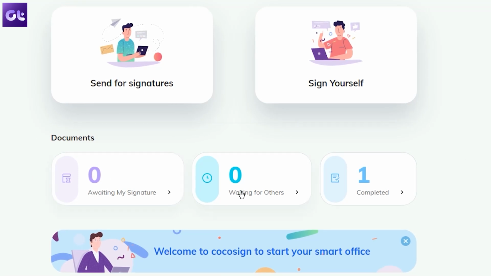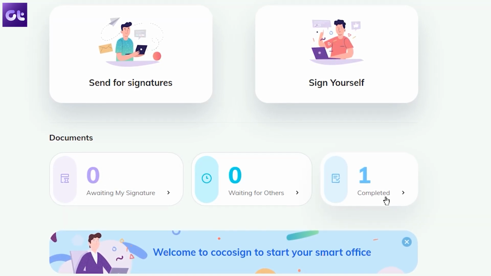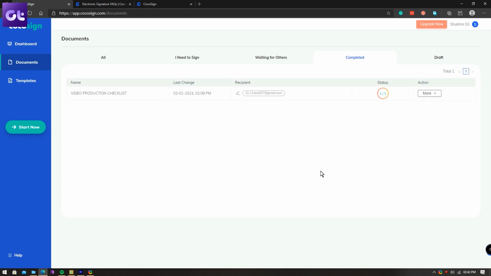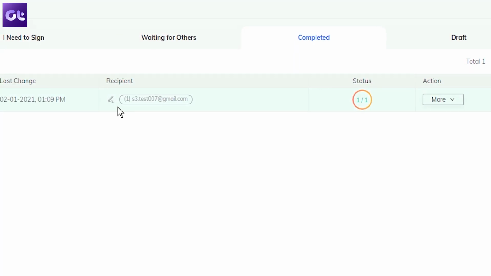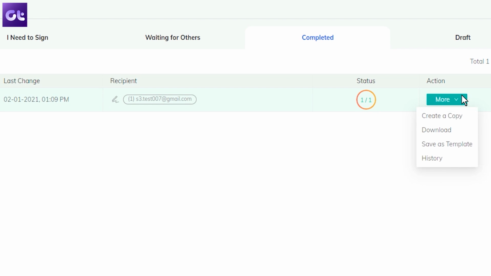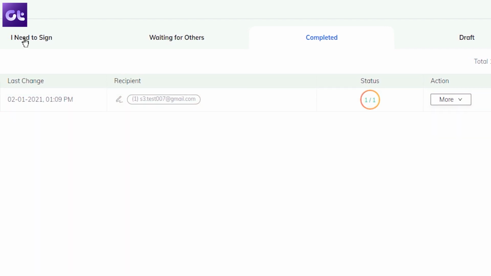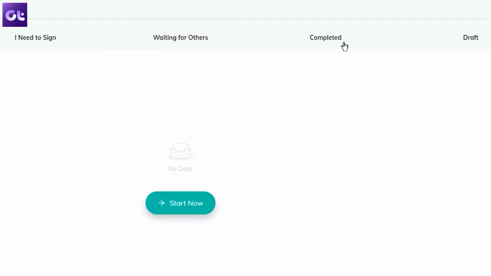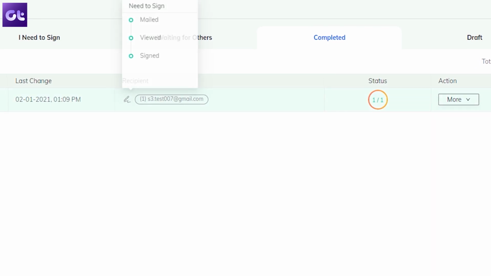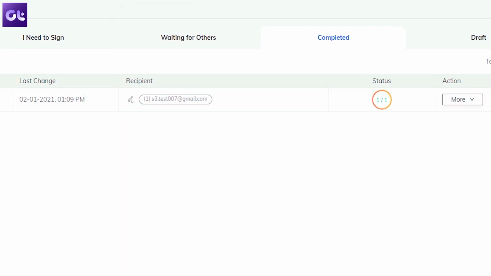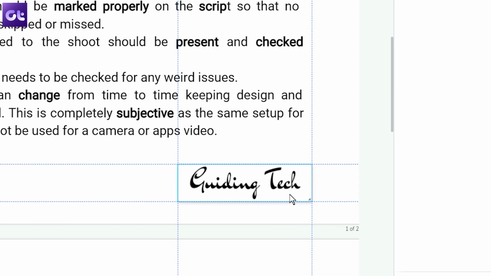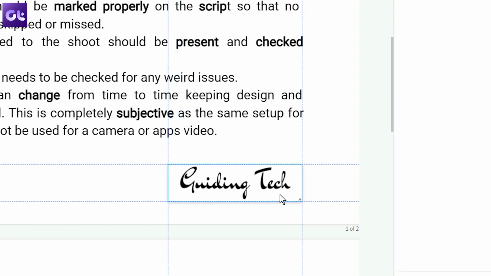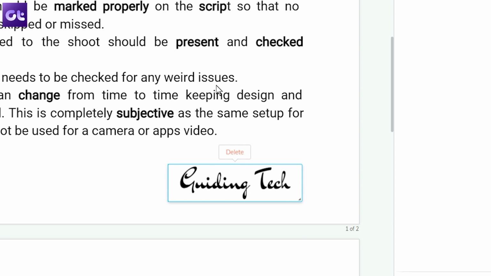Moreover, online signing solutions like CocoSign have an audit trail feature that tracks and monitors who has signed a document and when it was signed. It also keeps a record of your user's IP address. This basically ensures that nobody can forge your signature, which might be possible even in the case of basic e-signatures. With a solution like CocoSign, your documents are signed securely and will be accepted everywhere, all for free.